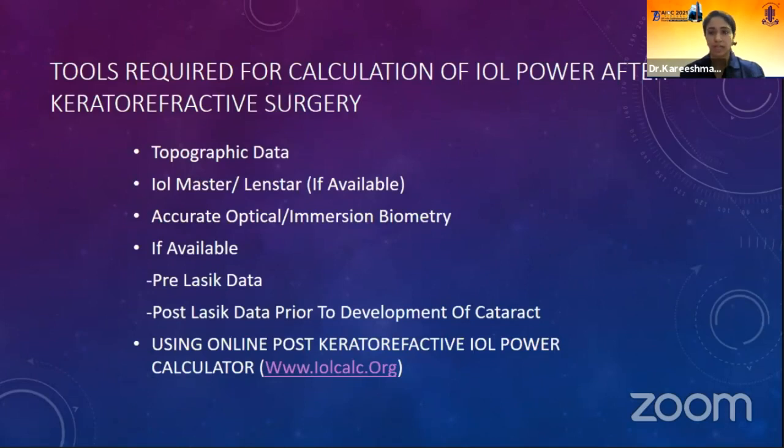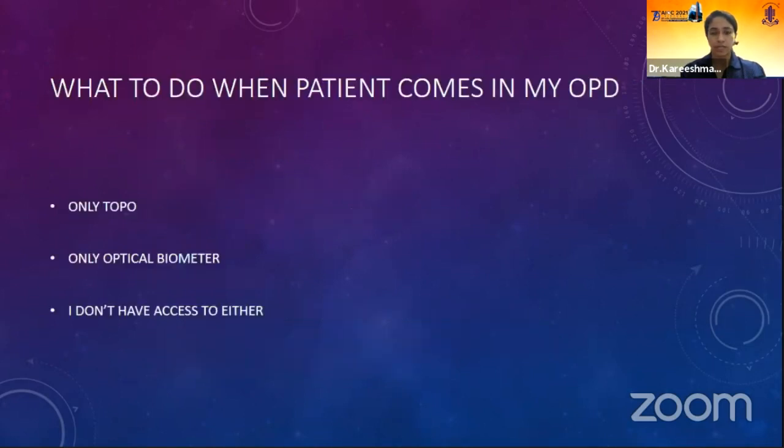So being a refractive surgeon, what I do for most of my LASIK patients is I give them in a file their optical biometry readings noted pre-surgery, and post-surgery, when they come for subsequent follow-ups after 1 year, I do an entire workup, including topography and repeat optical biometry, and give that to them as a record. Now, why do we need all this? Because the technique that I'm going to be talking about is using the online ASCRS calculator for IOL power calculation.